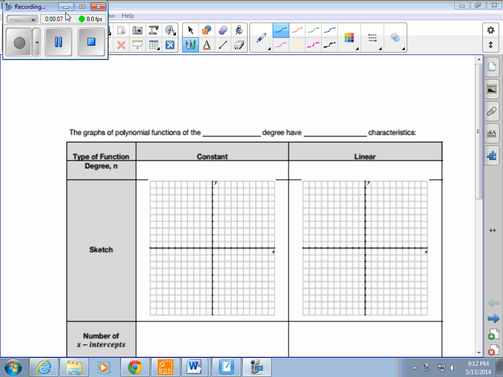Okay, so for part 2 of the 6.1 here, this is just from the need to know kind of recap session or review session at the end of the section. So I'm just going to go over with you the polynomial functions and some of their common characteristics. So it says the graphs of polynomial functions of the same degree